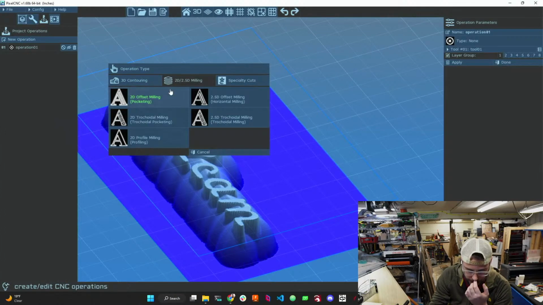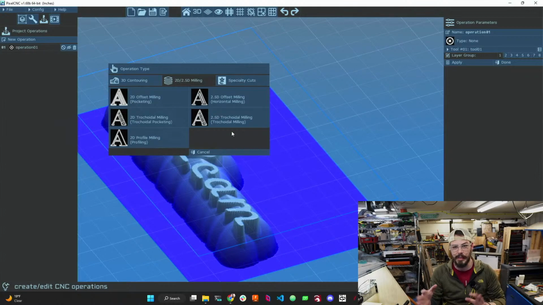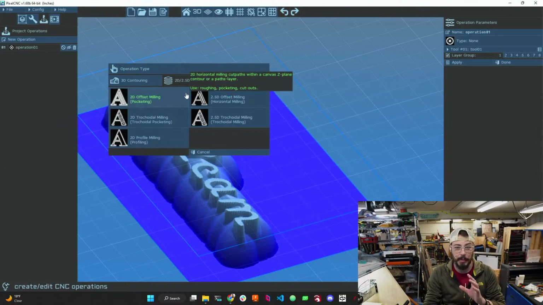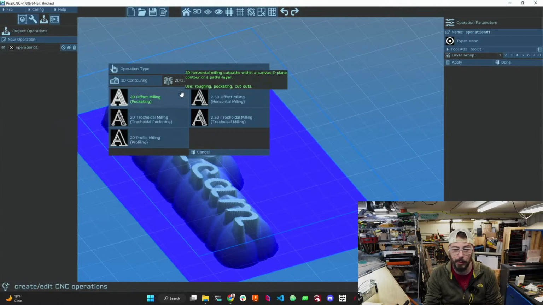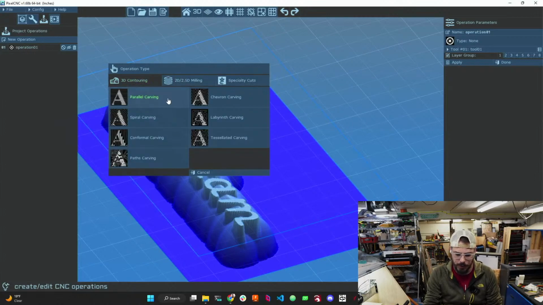Okay, so we have all these cool operations. I didn't realize that this did 2D and 2.5D milling until I was playing around with it earlier. But what I ran into is I couldn't define operations in a specific area of the part. It was all or nothing. So that's what we're absolutely going to run into here, which is fine. That's what we want for this, but it's not what I wanted for the typical CAM torture test that we normally would use. So let's look at the 3D contouring